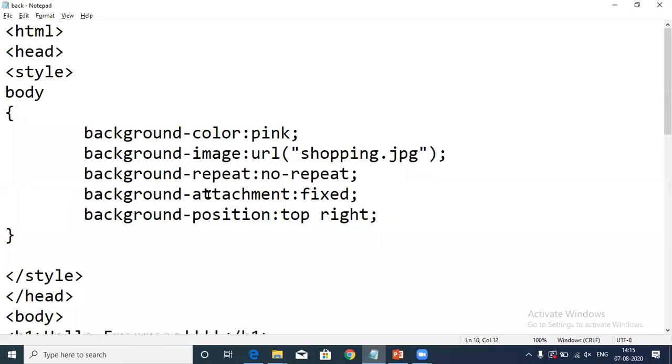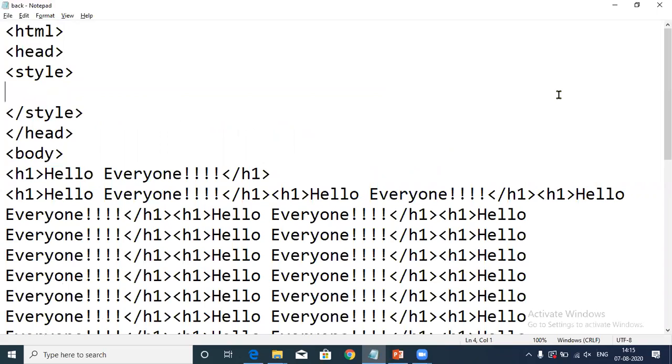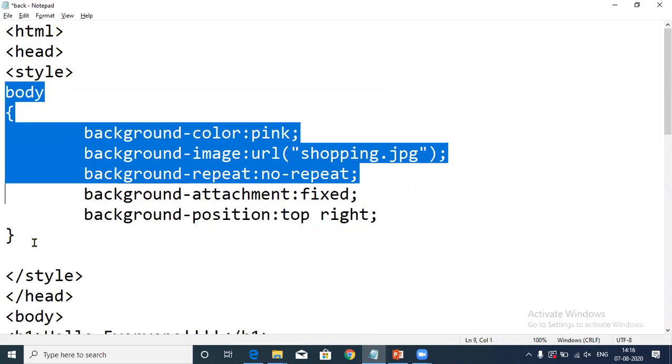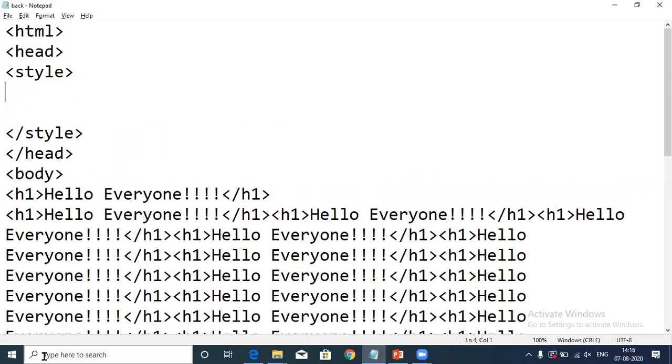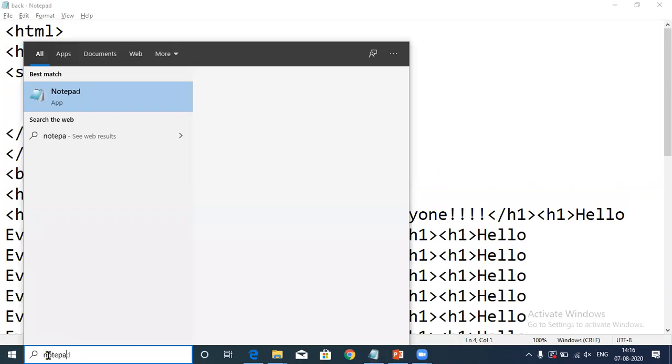Okay, if you want to define this style in an external CSS, then you can also do this. What you will do is you will cut these options from here. Then you will open another notepad file.